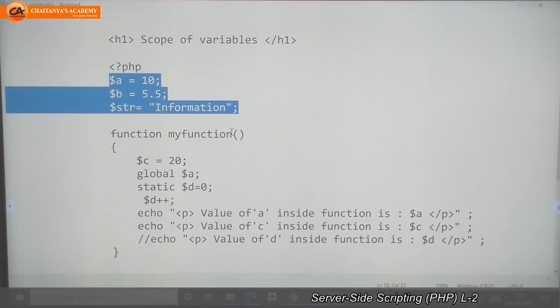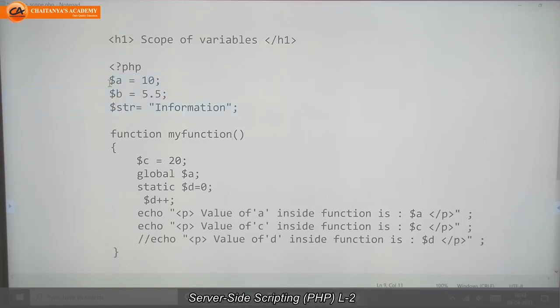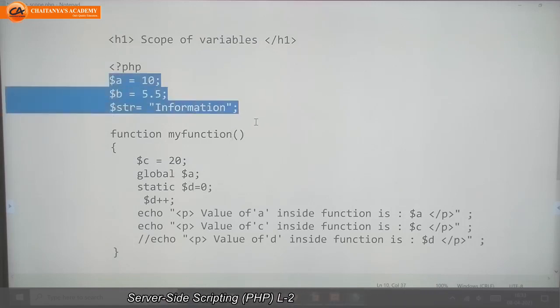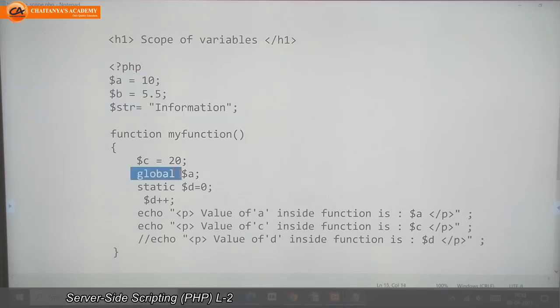But if I want to use them, I need to use one keyword, that is global, as in global $A. That means if I want to use a global variable inside the function, I need to use the keyword global. If I don't use that keyword, then I can't use this variable inside this function.